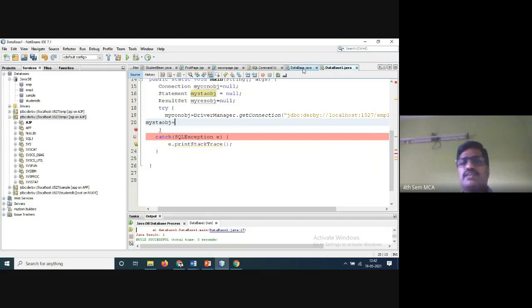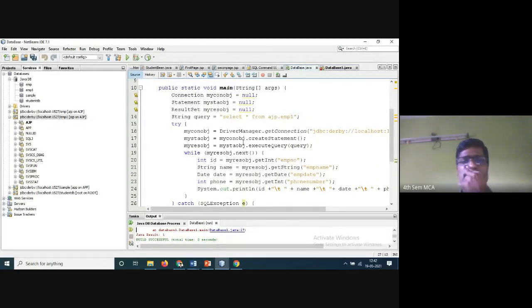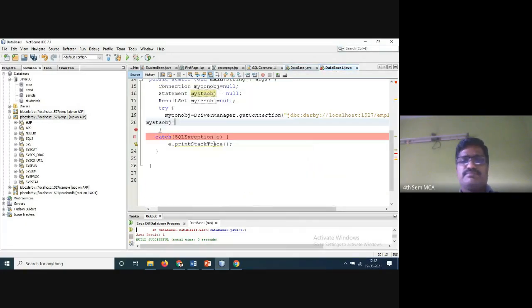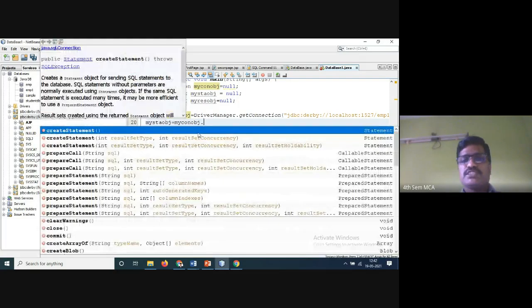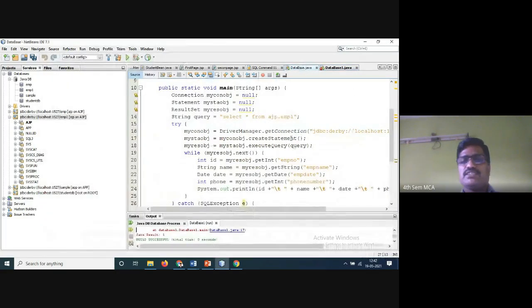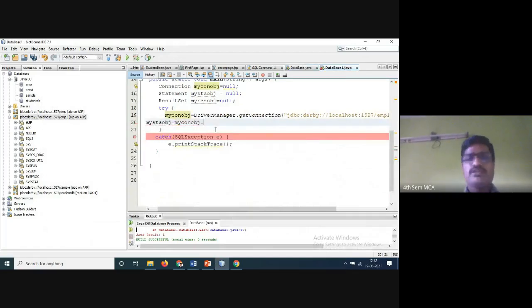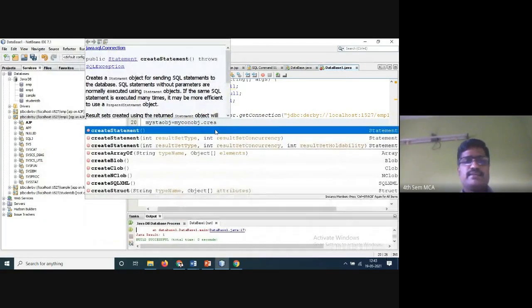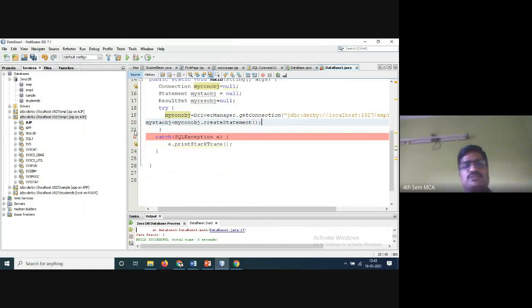Is equal to my connection object dot, that is the previous object you created, dot create statement. Select the first one and enter it, semicolon.